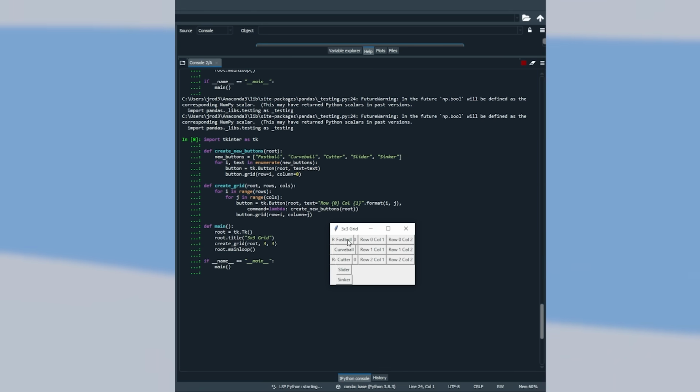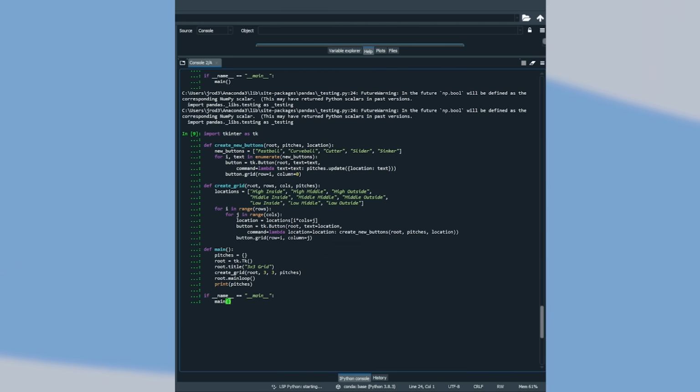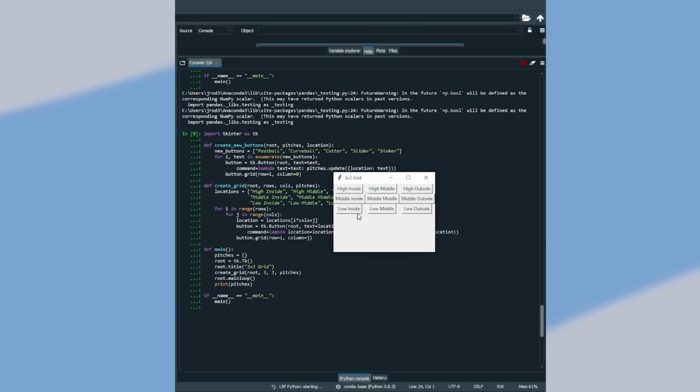The idea next is that when I click one of these buttons, it stores the information, but as you can see right now, it doesn't really do anything, so we need to make some more changes. With this code, we also added a location argument. We just made this a little bit cleaner so that these are labeled as pitches and locations, and we gave names to all the pitch locations so that when we run this code, we now have the proper names on all of these positions. I'm going to be batting with a right-handed batter, so it's always going to be inside